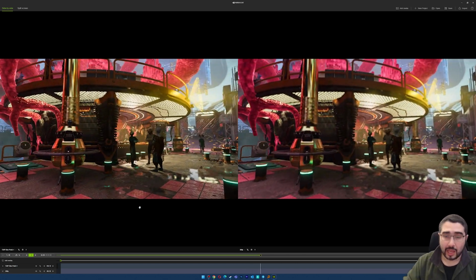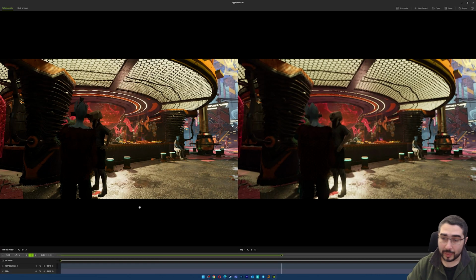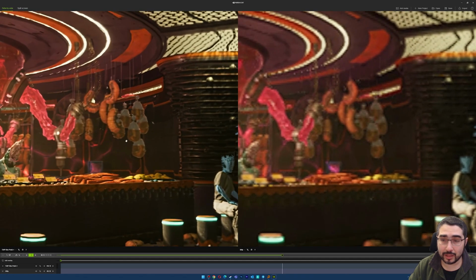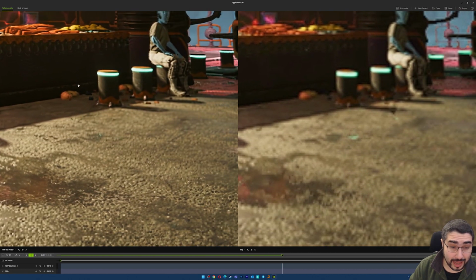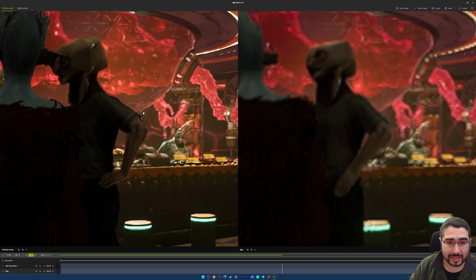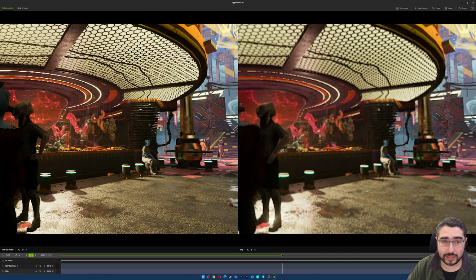But still, if you ask me which one of the two I would prefer to play, if we stop here, we can see how the floor is a lot better, how the system in here is much better, and if we get up close, we can see a lot more details in the left image. This is starting from a 360p, which is, from my point of view, very, very amazing.